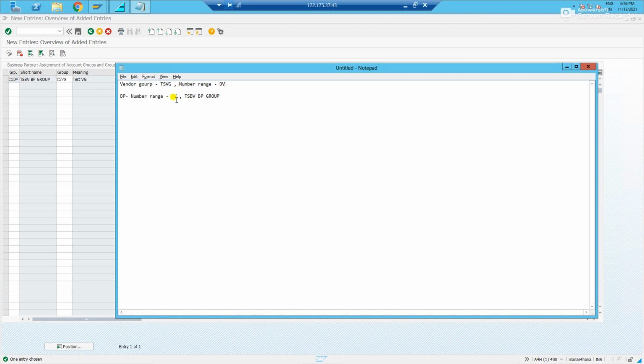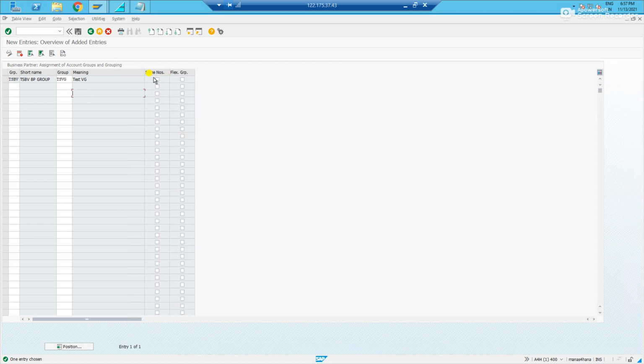If in case you have the same number range sequence in a vendor group and in a BP group, then in the vendor number range, you need to select the external tick box. In that case, the system will take the BP number range as external, and it will populate the same numbers. But with the number range sequence, we have a different number for a vendor group and a different number for a BP group. So we cannot have the same number at the time of creation of a BP. For a BP, the system will create a different number. For a vendor, the system will create a different number.